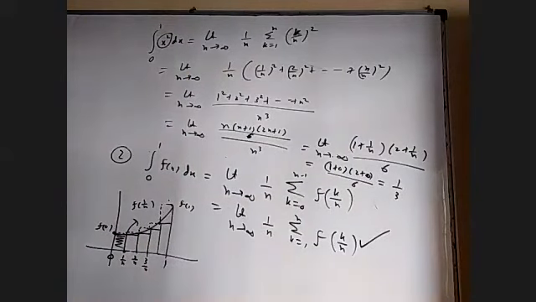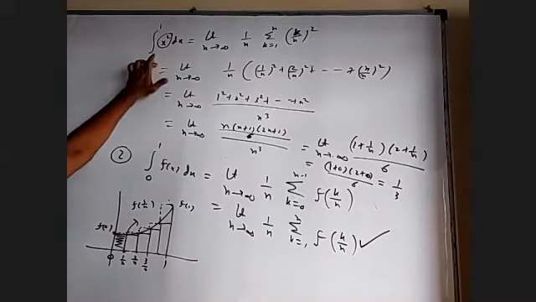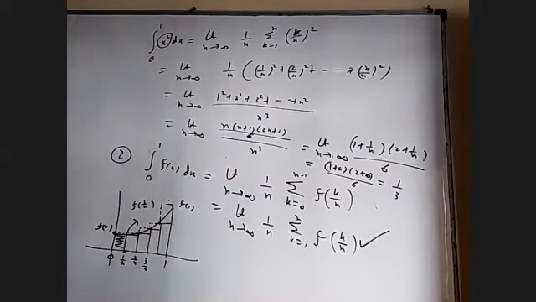Okay, one may say the other method is so easy. The integral of x squared is x cubed by 3, put upper limit, lower limit, I got 1 by 3 just like that. But how is the integral of x squared x cubed by 3? The proof is again based on this. Okay, everybody clear about this?